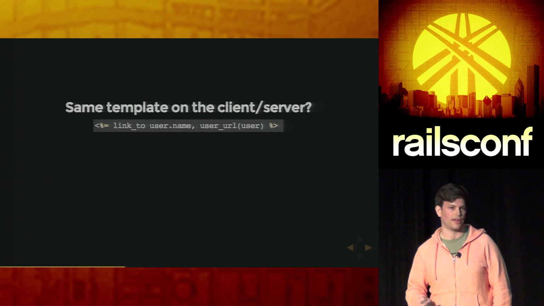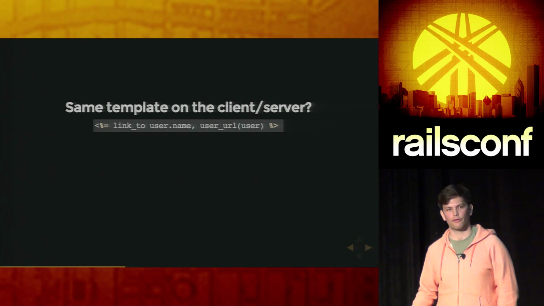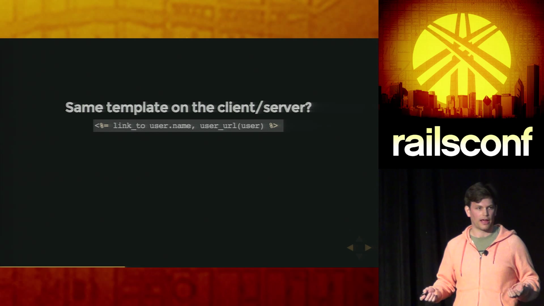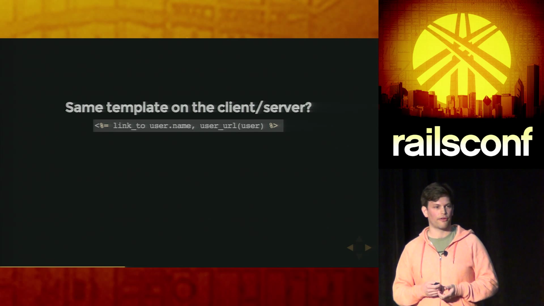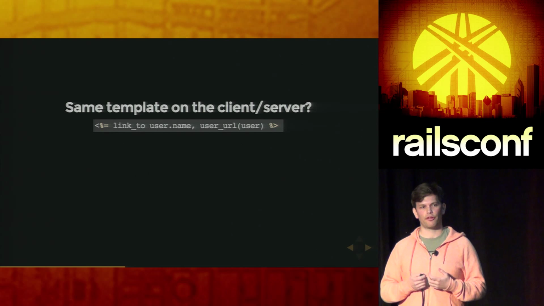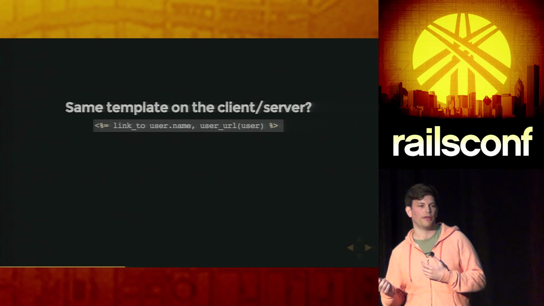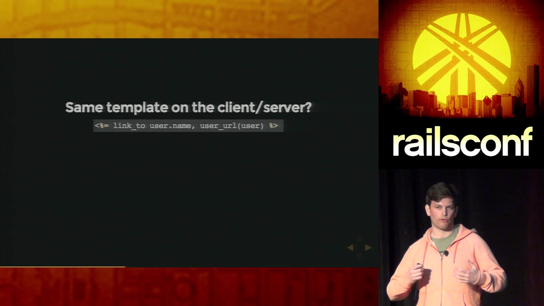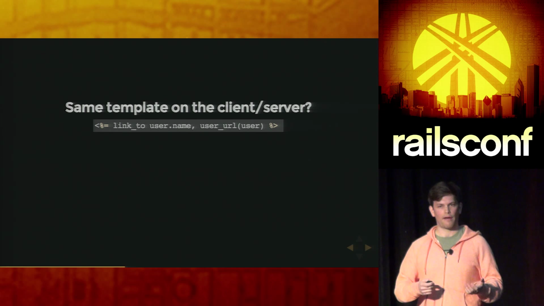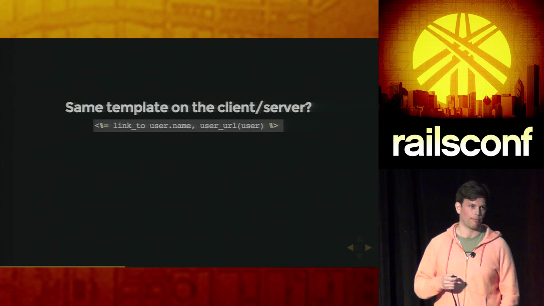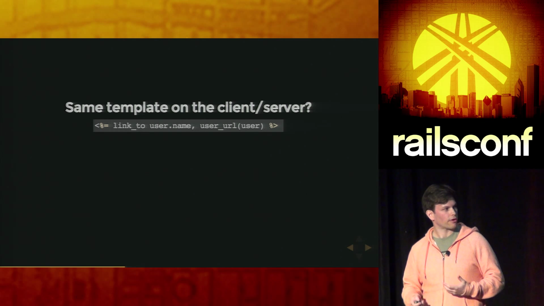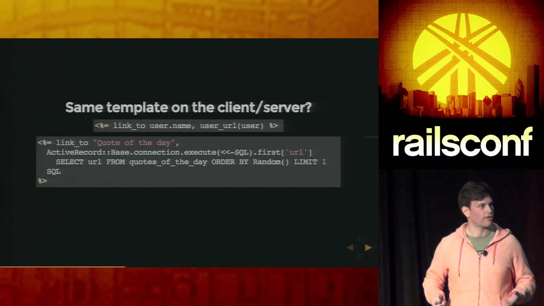So here, let's say we thought, well, maybe we can share our existing ERB templates. Those are pretty easy to write. So here's a simple ERB template, right? We're just generating a link to a user. We're using the name as the anchor text. We're using a user URL helper from Rails to generate a link to it. This is pretty simple. You might imagine that using something like Opal, which transforms Ruby into JavaScript, you could port your whole server instance, including all these helpers like link_to and user_url, to JavaScript, and then you could just dump down your ERB template, and that could get rendered on the client. You might think that this works, but actually